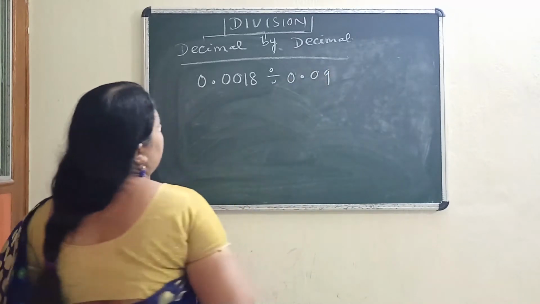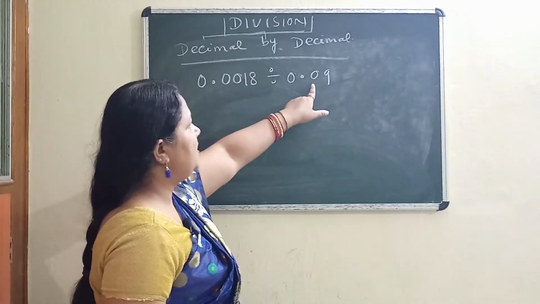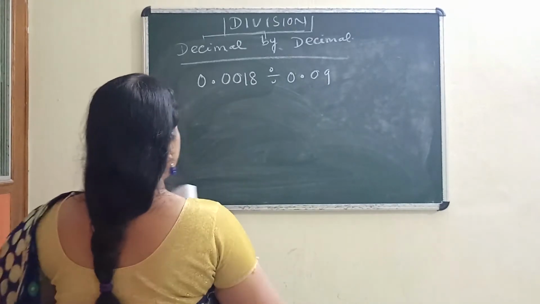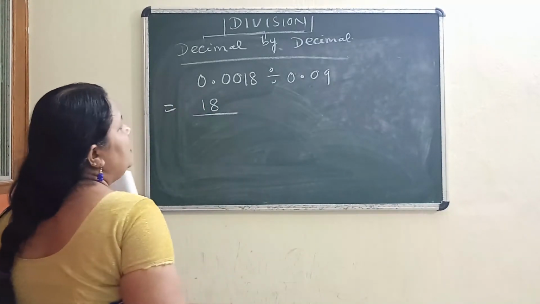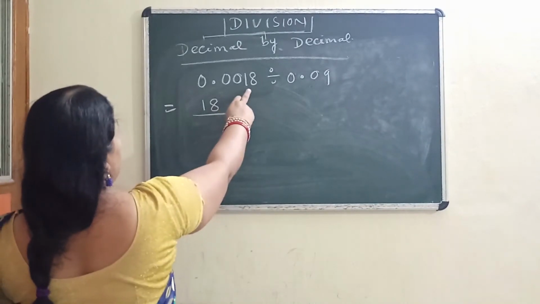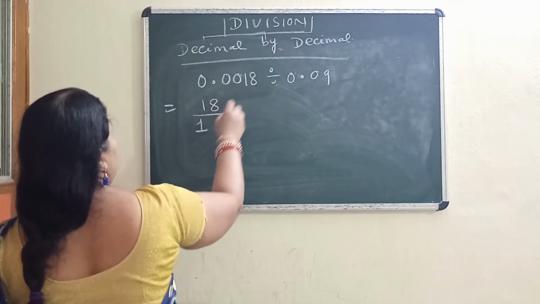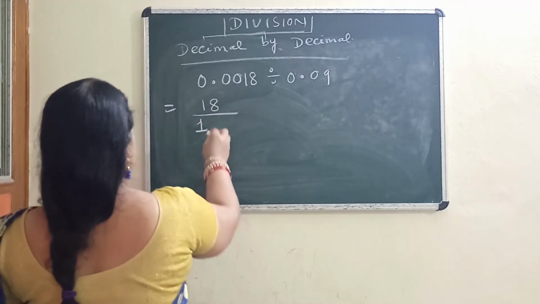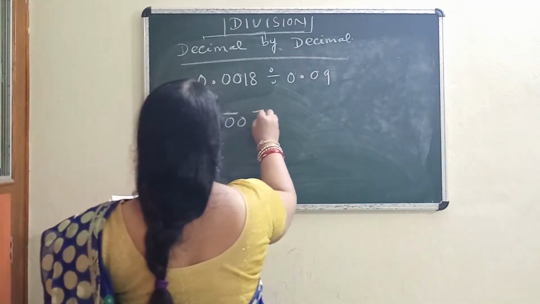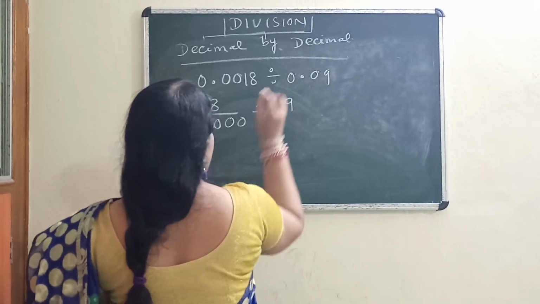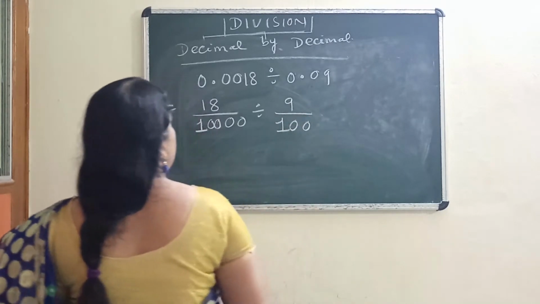0.09. Children, you can see here how many decimal places are here? 1, 2, 3, 4, and here how many decimal places? 1 and 2. So you have to do what? You have to convert this as your decimal fraction. So how to convert? Write this as your numerator and write 1 along with how many zeros? 1, 2, 3, 4, because after decimal 4 places are there. So add 1, 2, 3, 4. Then divided by 0.09 means numerator will be 9, and how many places? 2 places means you have to add 2 zeros.